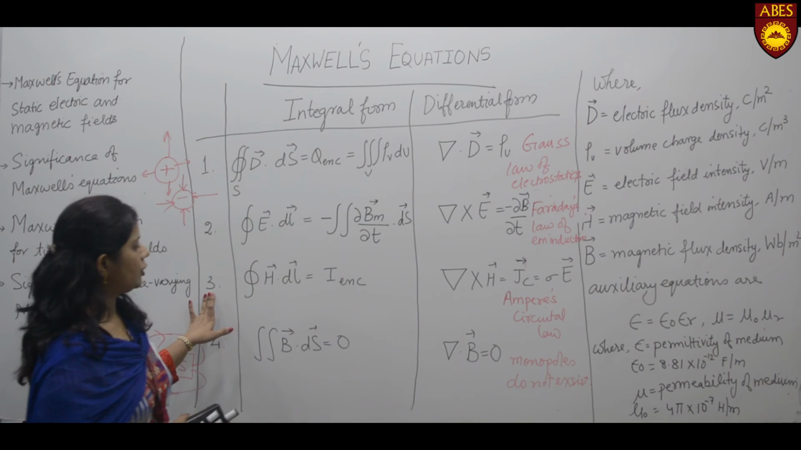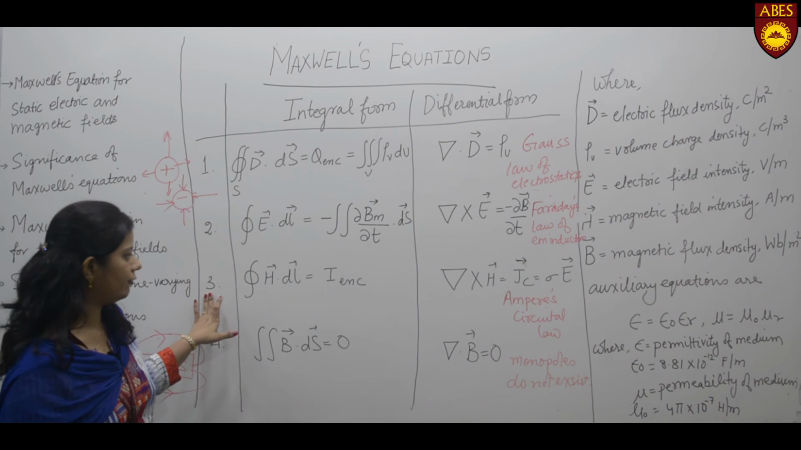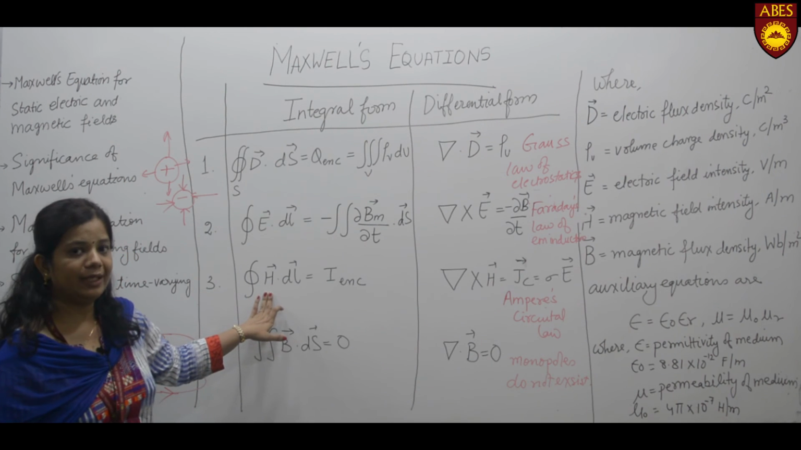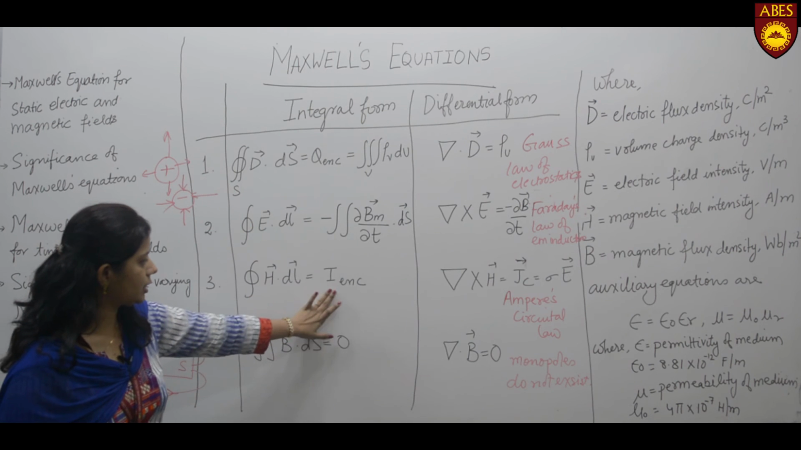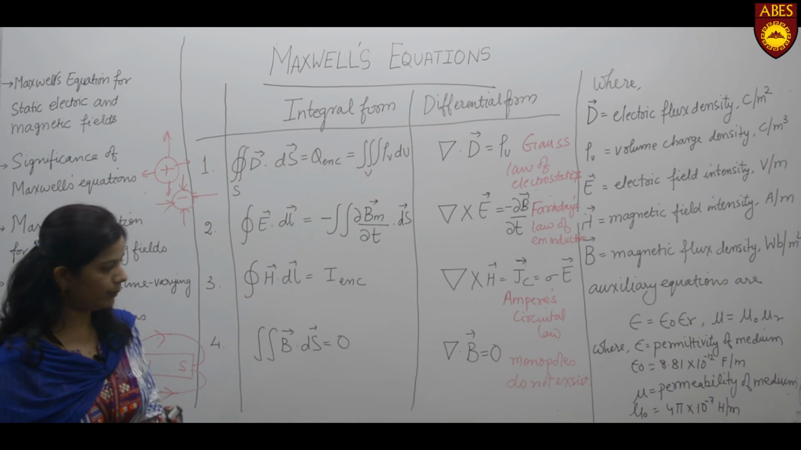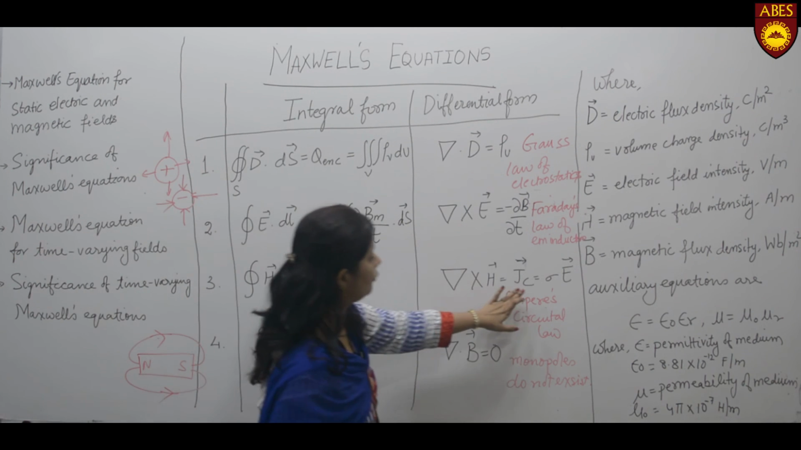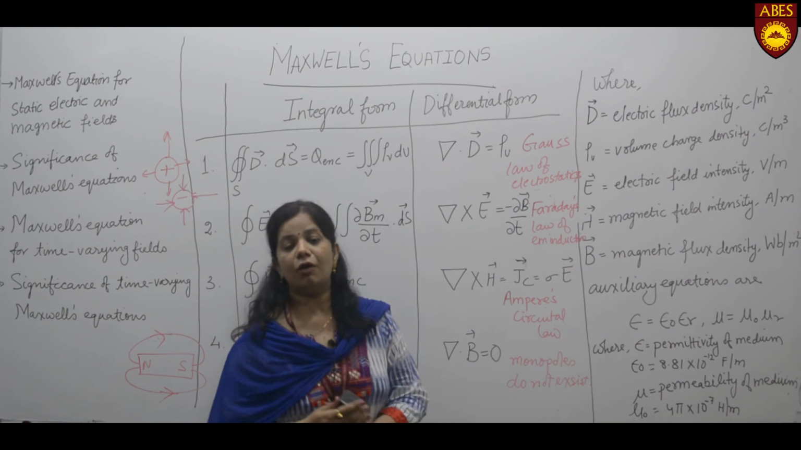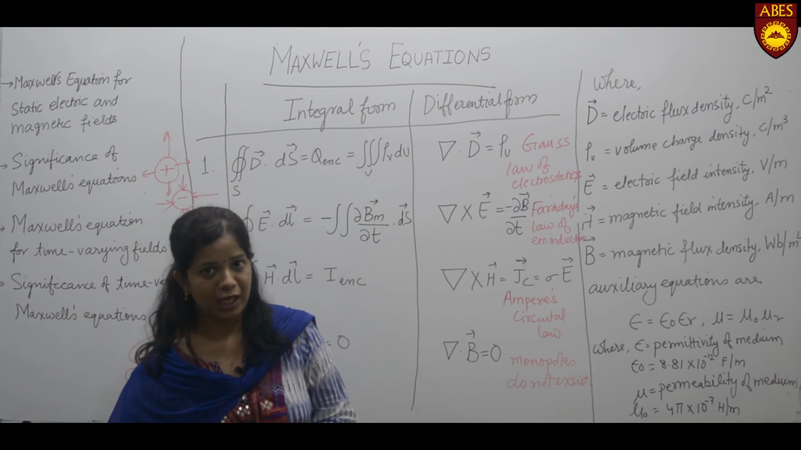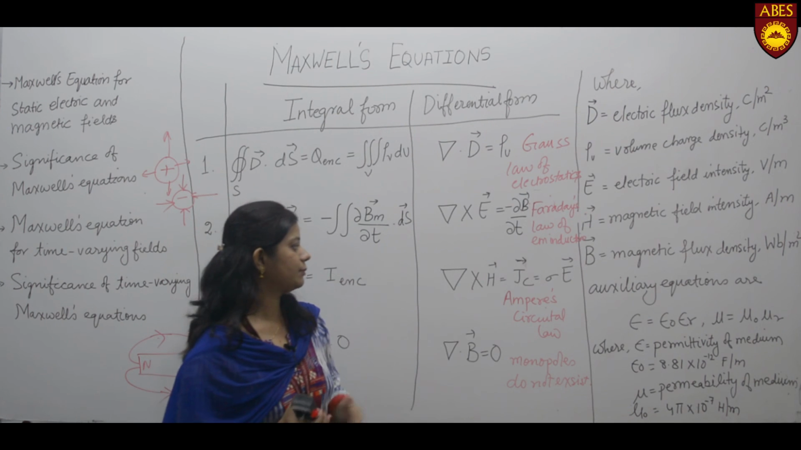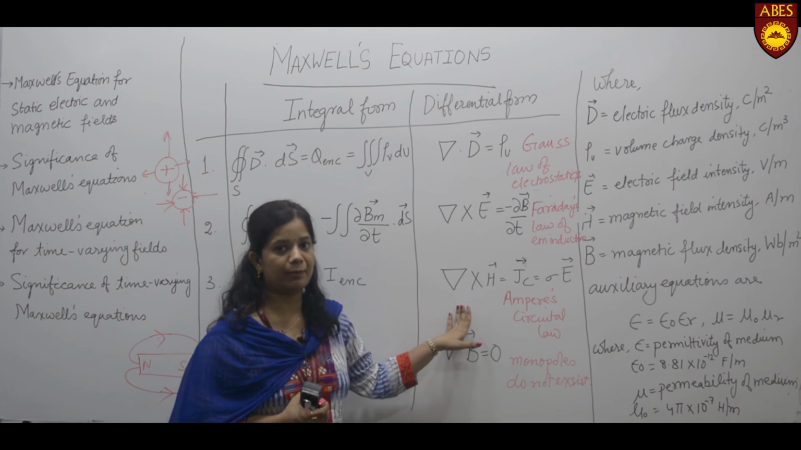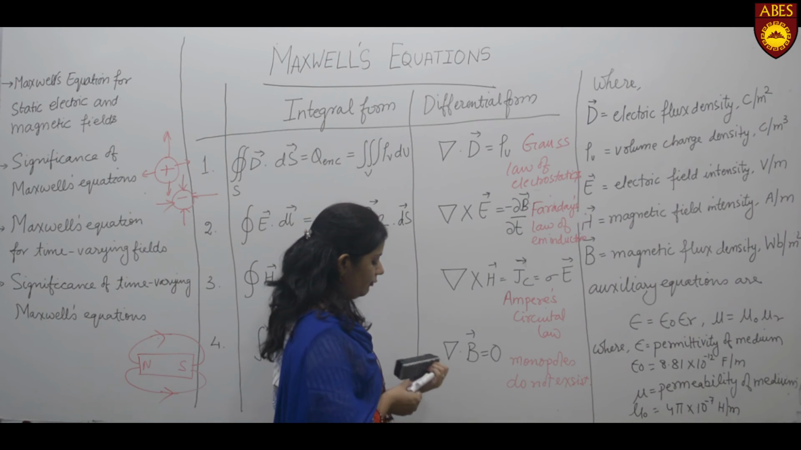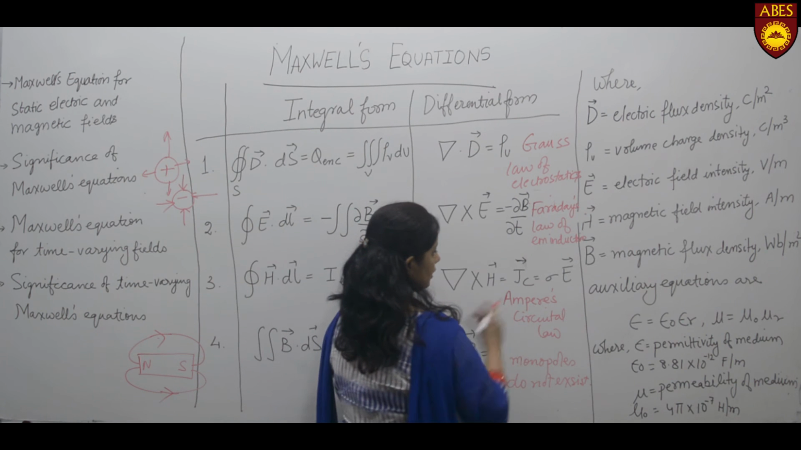Now the third equation of Maxwell, for static fields, over any closed surface, the line integral of H dot dl is equal to the total current enclosed by the path. Here the current was conduction current density, which was sigma E. Now for time varying fields, another type of current which is known as the displacement current also comes into picture. So for time varying electric and magnetic fields, this equation becomes